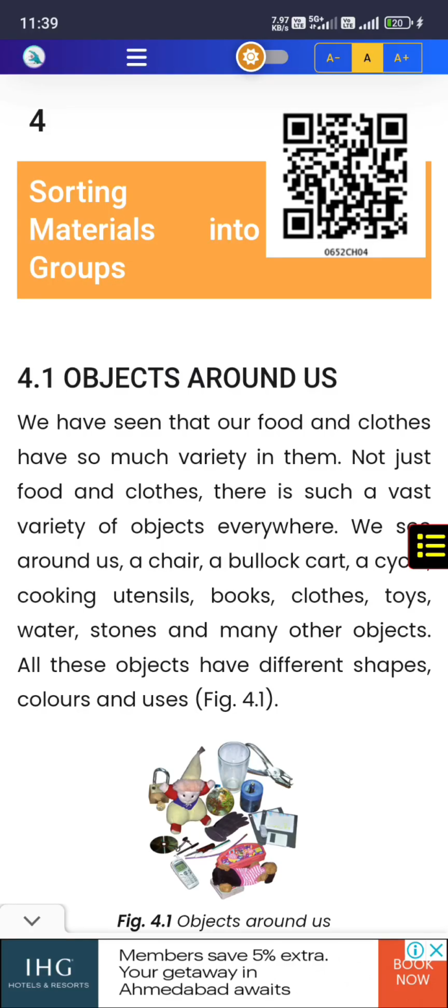In chapter 4, sorting materials into groups. This is a very short chapter. It talks about what are the objects around us, and there are several activities in this chapter. So we have talked about foods and we have talked about clothes, but there are many objects around us also,